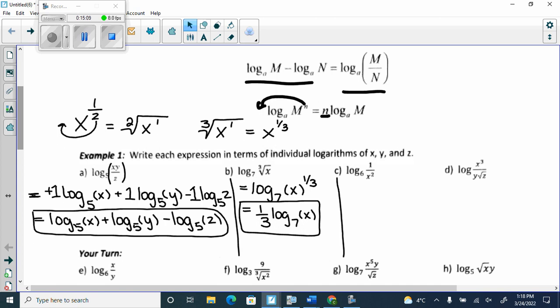So, how can we rewrite 1 over x squared? Well, how else can we write it? X to the what? Negative 2. So we could rewrite this